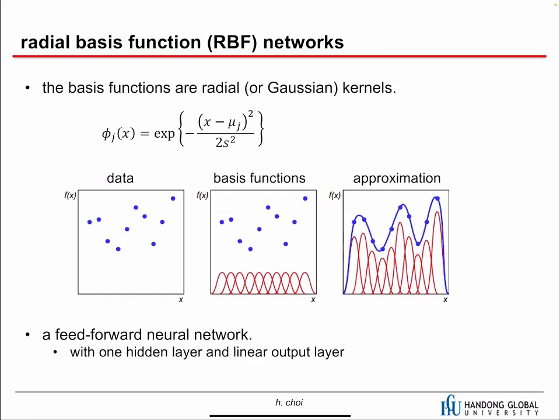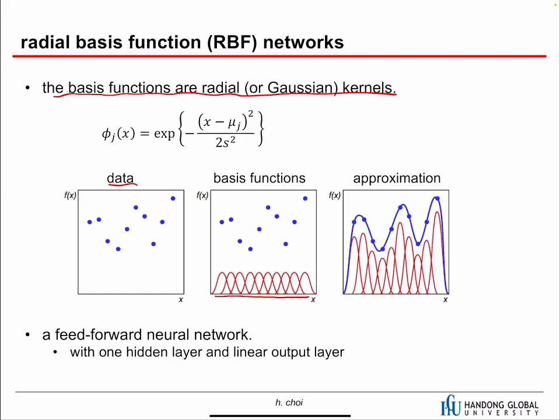Okay, now let's talk about the radial basis function networks. This one is a linear regression with the radial basis functions. Again, the basis functions are radial or Gaussian kernels. We already talked about all the equations for these radial basis functions. Given the data, we have lots of basis functions, and the approximation is based on the weighted sum